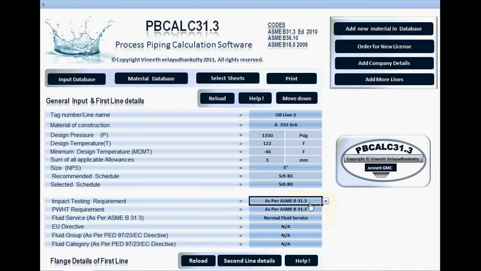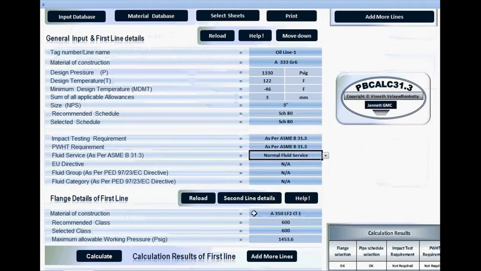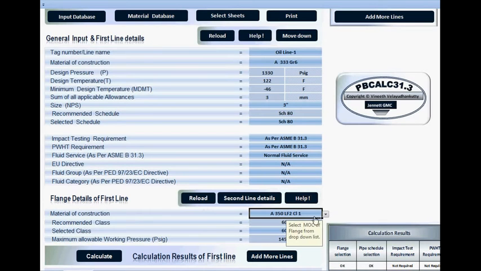Impact test requirement, there are 2 options for impact test requirement. One is as per ASME B31.3 code or as per client requirement. So now I am going as per the code, as per ASME B31.3. Fluid service is selected as normal fluid service. These 3 items are only for CE marked jobs. And flange details, flange MOC is A350 LF2, and